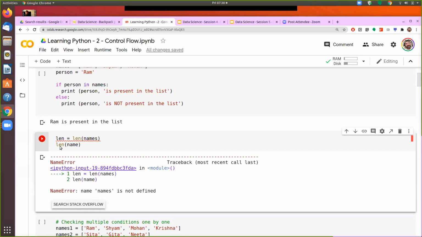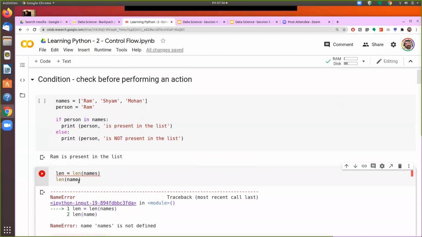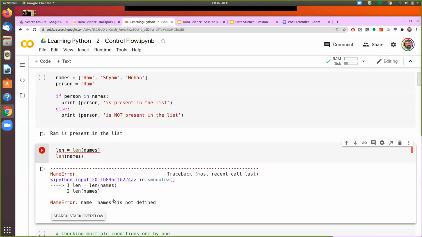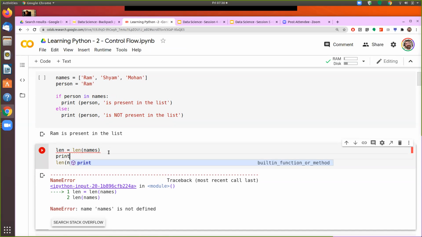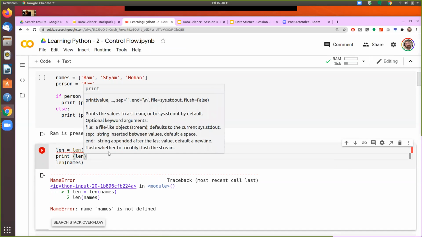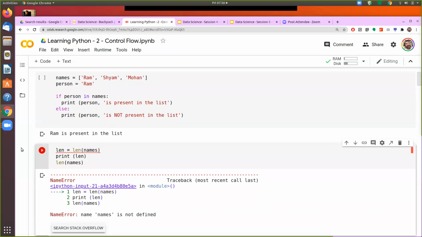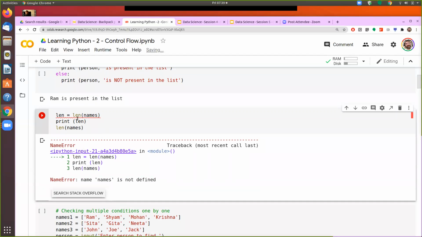So you see here that len is a system command.